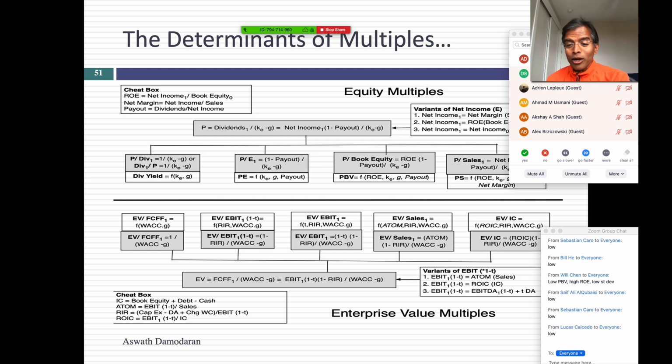Exactly. Or to ask what if. Remember I said somebody tries to sell you a stock with a low EV to EBITDA, you have the variables lined up and say, well, or low EV to sales, you're going to ask them, what's your margin? What's your reinvestment rate? What's your cost of capital? What's your growth rate? If nothing else, it tells you what questions you need to ask when somebody's trying to tell you that something is cheap.